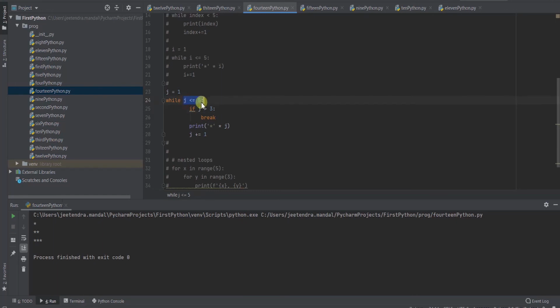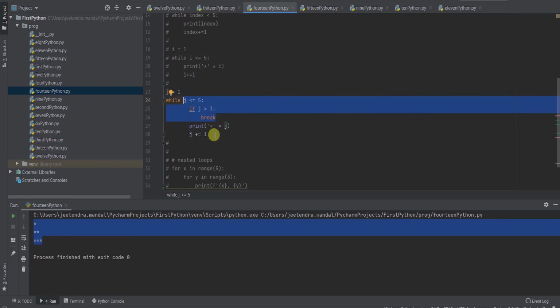While j is less than 5, if j is greater than 3, break. So once j has moved to 4, I have written a break. This is what I wanted you to note. Break means it breaks the loop at that moment. As soon as j gets incremented to 4, it breaks the loop, and the statement will come out of that loop.